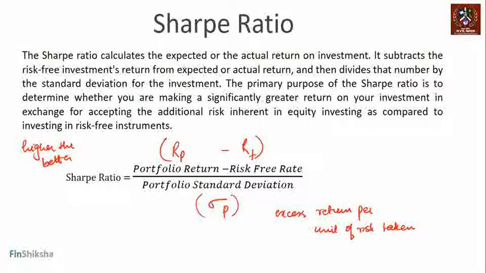So the Sharpe ratio calculates the expected or actual return on the investment. It subtracts the risk-free investment's return from the expected or actual return and then divides that number by the standard deviation for